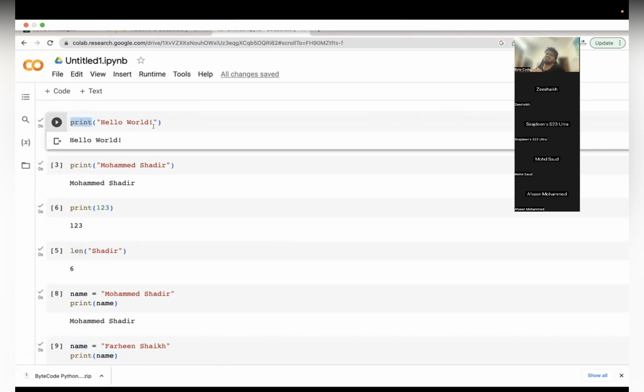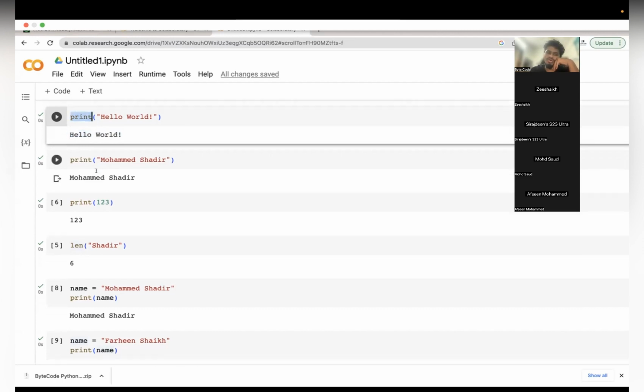A function is nothing but a utility toolkit where, given an input, it will process it and give you a certain output. For example, the print function takes a string or number, and outputs the value by printing it on the console. Like we printed here, hello world, Mohammed Shadir.